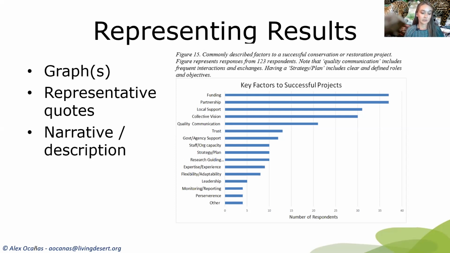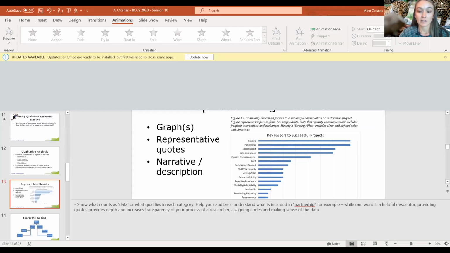Also, we typically want to show some representative quotes, and I'll kind of show you what that means. So again, for the same example that I just showed you, these quotes are too long. Well, it depends. These are not quotes for a journal article. This is for a practitioner audience, so this is a very long report. Typically you would condense this, but the point is here you see all of our categories, and then we have a quote